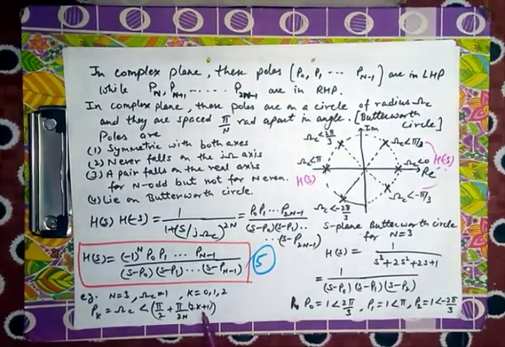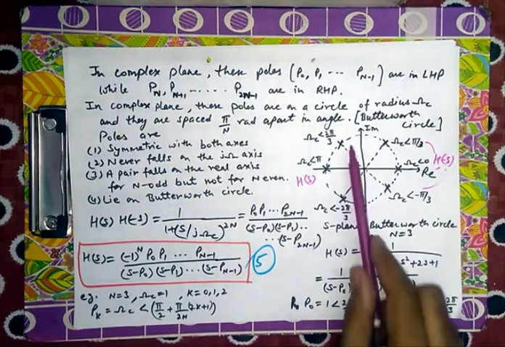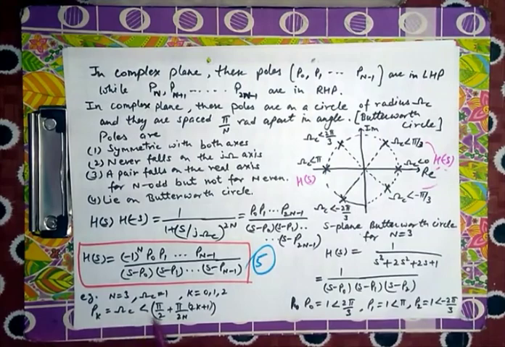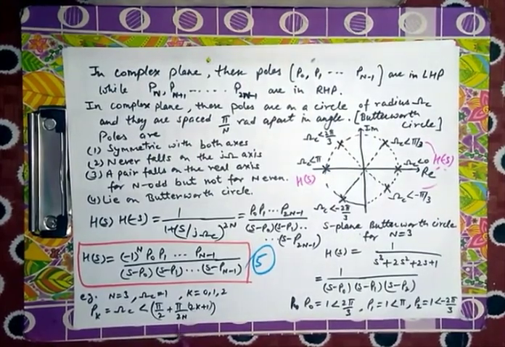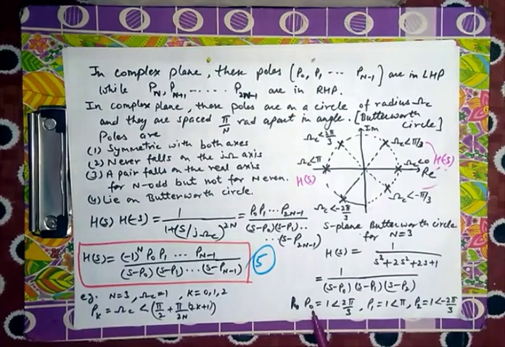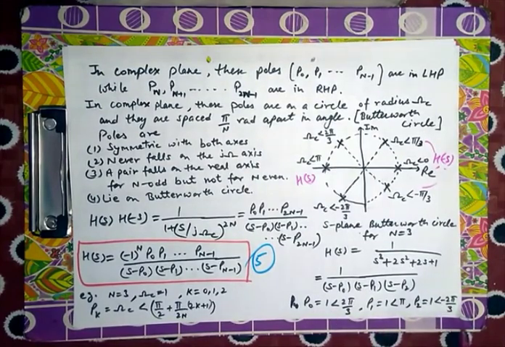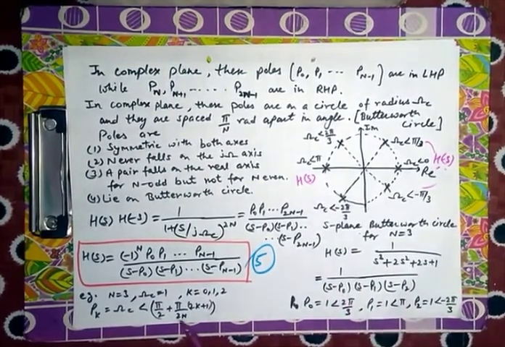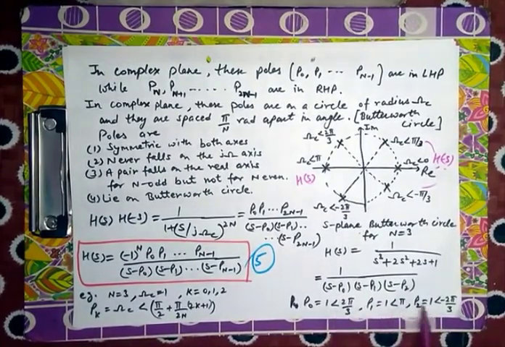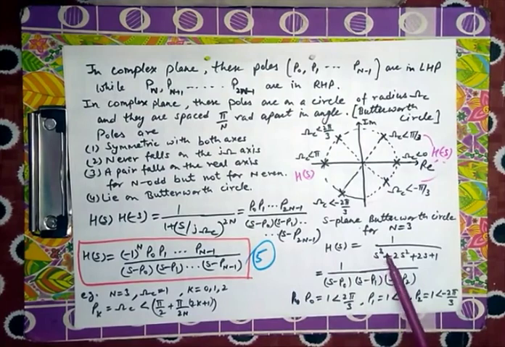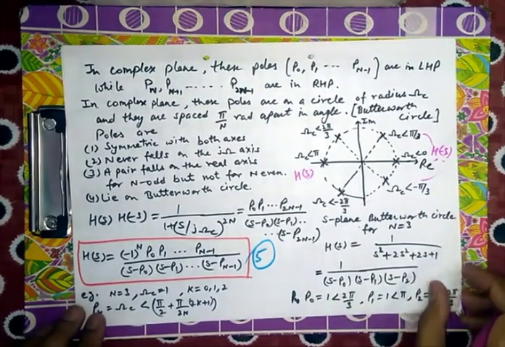So k equal to 0 to n minus 1, that is 3 poles, 0, 1, 2 in the left half plane, and the value of pk is equal to omega c e to the power j(pi by 2 plus pi(2k plus 1) by 2n). Putting different values of k, we can find the values of p0, p1, p2. Omega c is given as 1, and further the expression becomes H(s) equal to 1 upon (s minus p0)(s minus p1)(s minus p2). Putting in the values of p0, p1, p2, the numerator is 1 into 1 into 1, and the denominator is s cubed plus further terms after multiplication, and we have the result. Okay, it is a simple question. We will do some tougher questions in the next part.